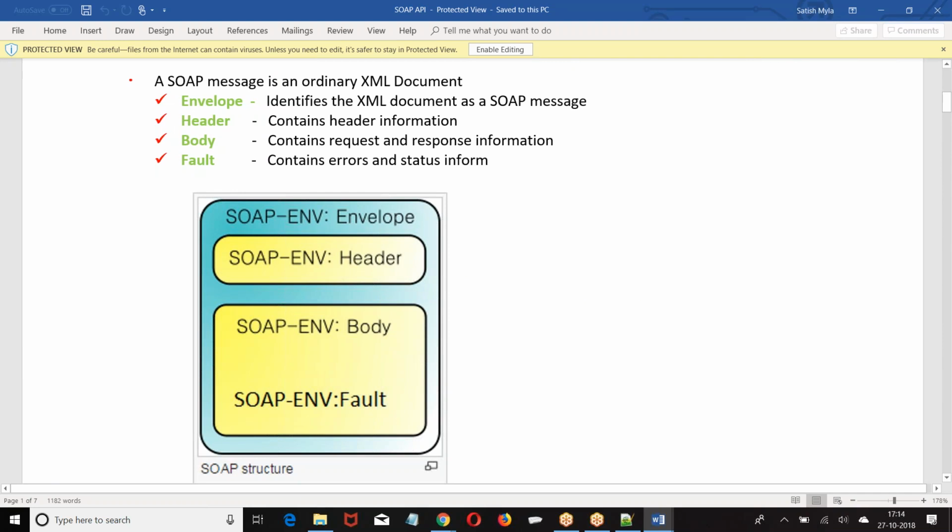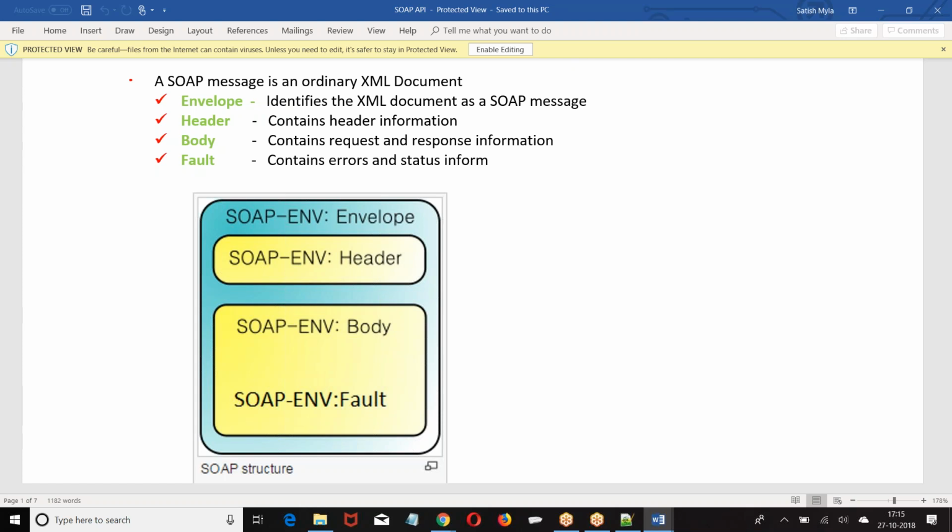So this is how the SOAP message is. Generally, a SOAP message has a SOAP envelope, which is the outer element. In the envelope, we have SOAP header and SOAP body. In the body, we also have fault, the error message. So basically envelope, header, body, fault. The envelope is the outer element. If you have an XML file and want to identify whether it is a SOAP message, by looking at the SOAP envelope we identify it is a SOAP message.